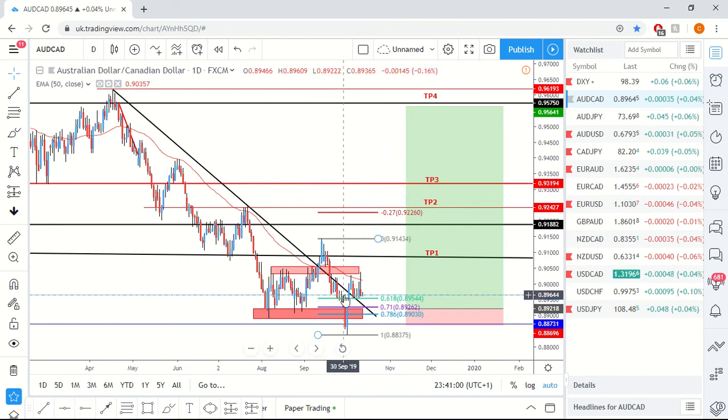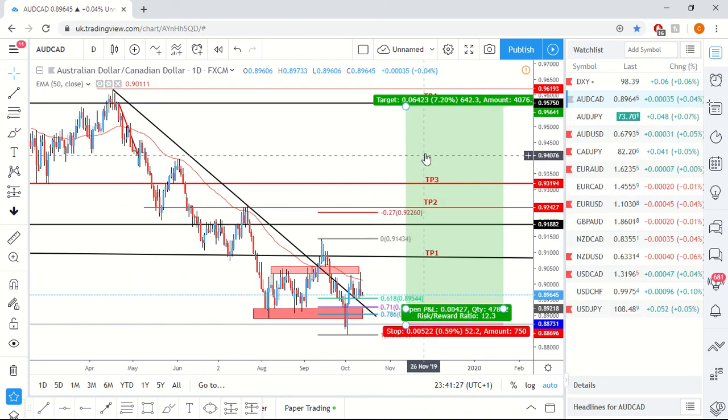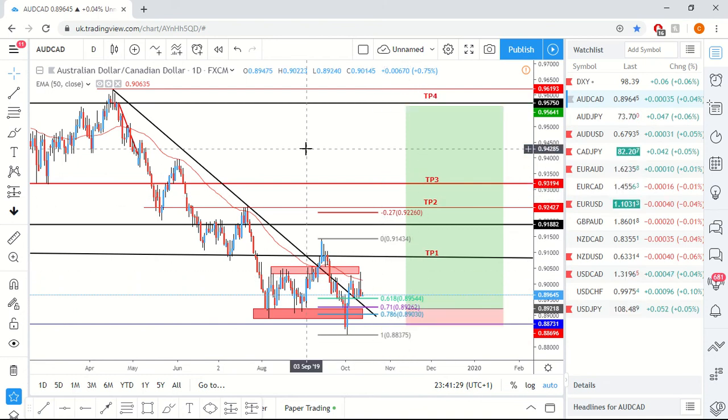So here you can see price is hovering around the 0.618 level, and it's refusing to go any lower than that. So what we could see is price either come down a little lower to the trend line as a retest, or we could see a break above. But like I said, I want to see some really impulsive price action to the upside. This could be either bullish engulfing, or some sort of morning star formation possibly. And obviously we do have very high potential to the upside if we can find this.